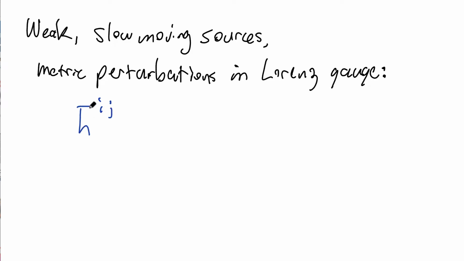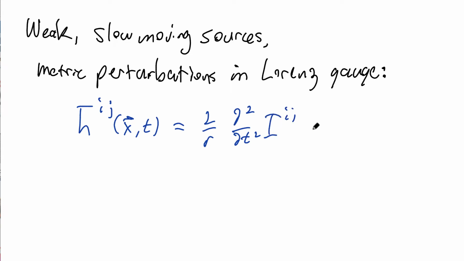The bar denotes the trace-reversed metric perturbation, and it's a function of the spatial coordinates x and the time coordinate t. This is equal to 2 divided by r times the second time derivative of I_ij of t minus r,